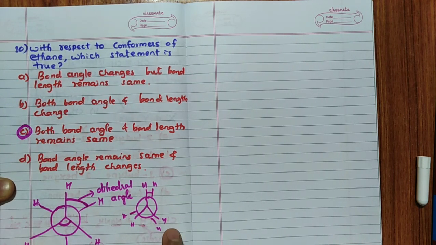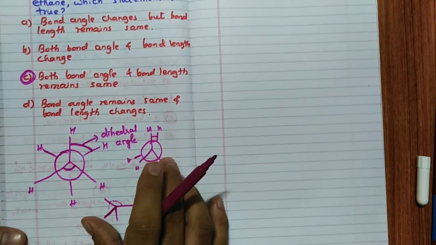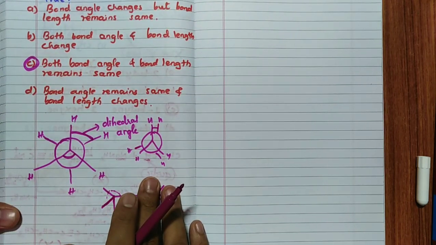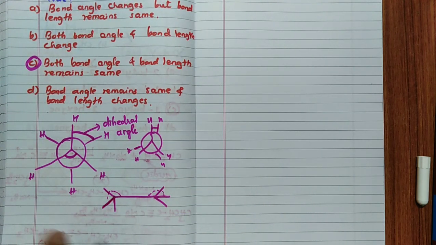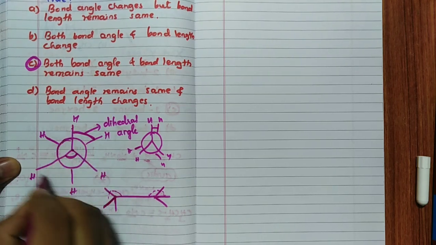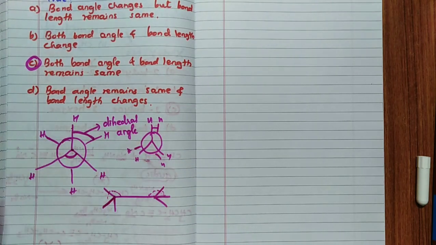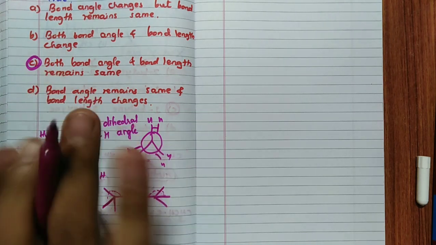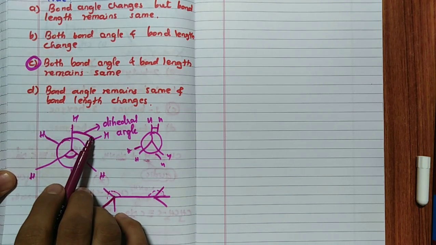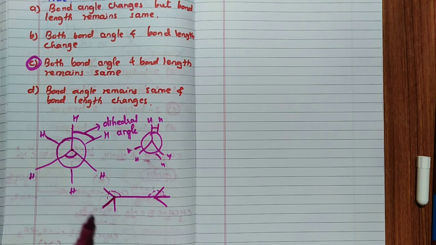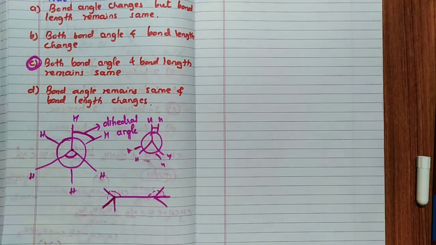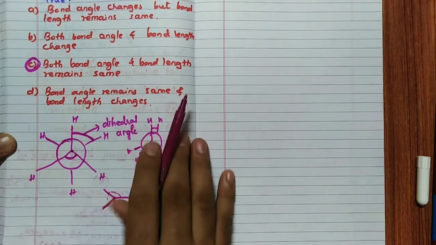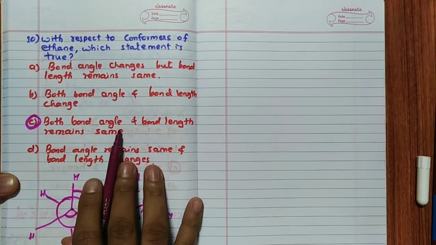If you have not understood this particular concept, in the textbook the detailed structure is given, that also you can follow, because here I cannot explain this 3-dimensionally, but just imagine we are rotating these 3 bonds and the below 3 bonds, but not changing the bond angle. This angle is called the dihedral angle. Dihedral angle means angle between 2 planes, remember, 2 planes. But here they are asking the normal bond angle, angle between 2 bonds. So it is never going to change. Hence for this question, bond angle and bond length remain the same.